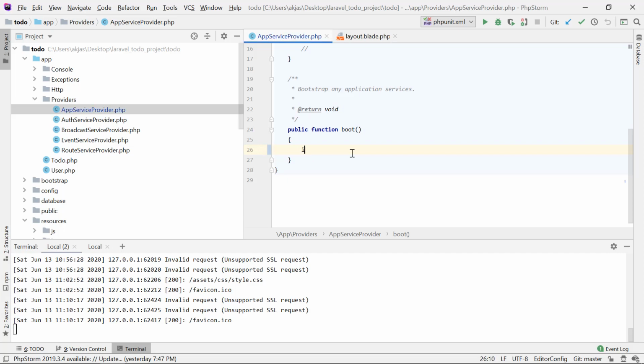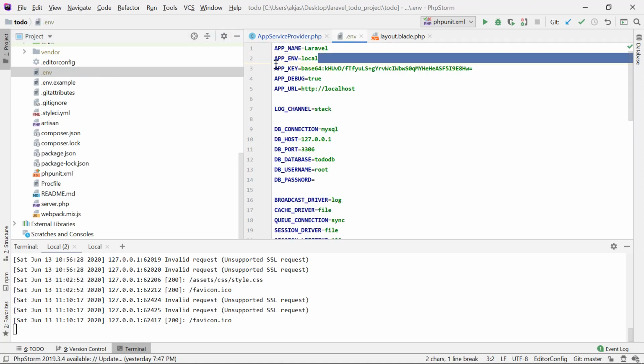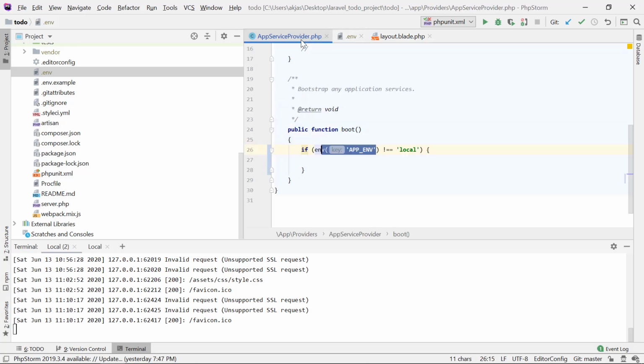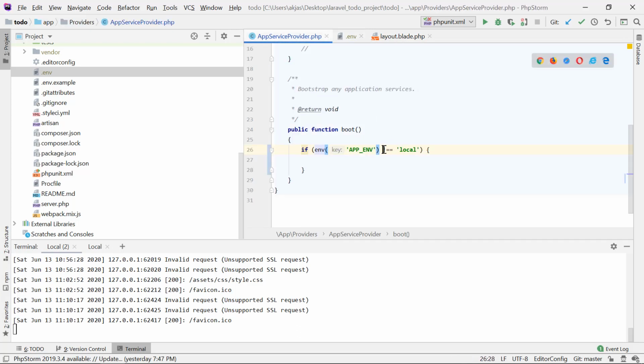Now for that, I'll first check env of app env. I'll explain all these things in a minute. So if env of app env is not equal to local. What this line of code does is, in the .env file we have something called app env, which is set to local. So env of app env will return local here. So what we are saying is, if it is not equal to local, which means if it is in production,